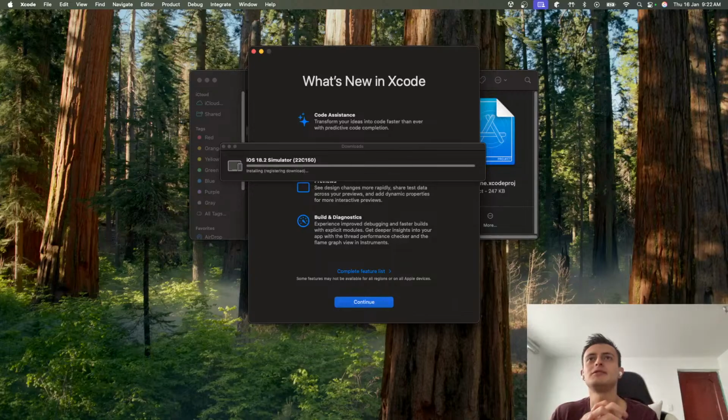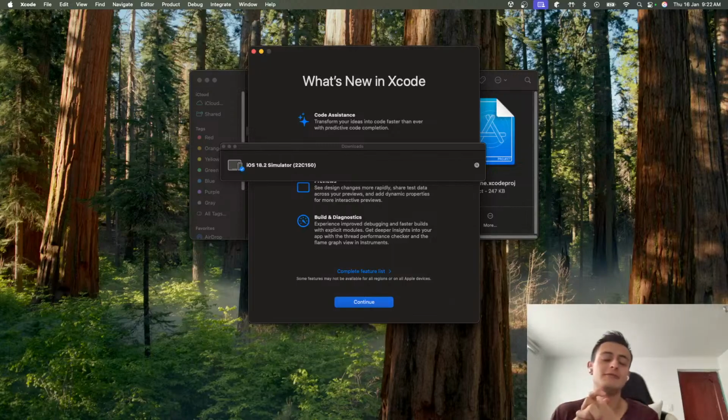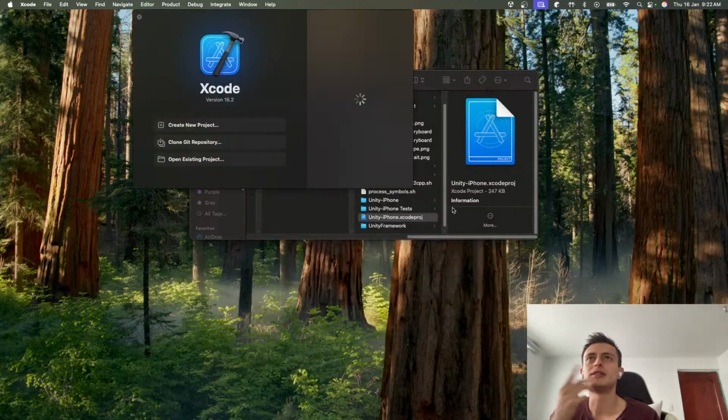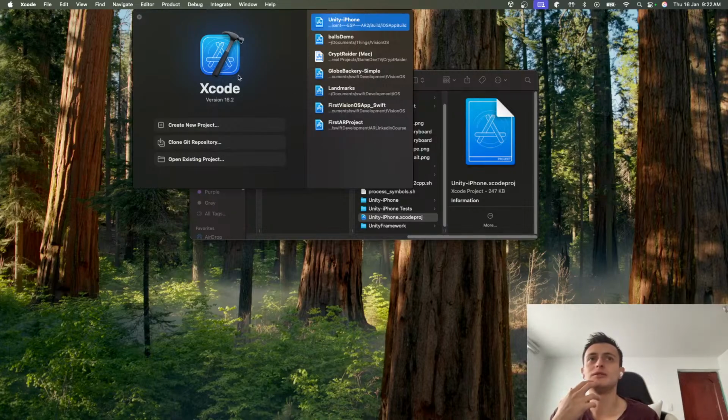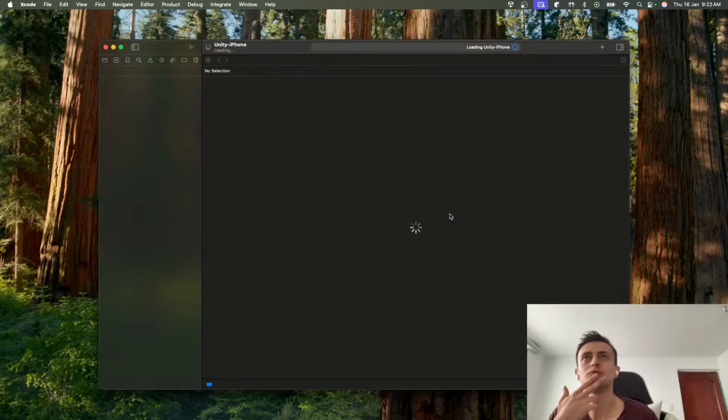Okay, iOS simulator, almost there. Registering download. And remember, for iOS you need to have an Apple developer account. But I think for testing this you don't need it. Actually, mine is not active right now. I haven't paid. So okay, I have my Xcode, so I will open this Unity Phone Xcode project,